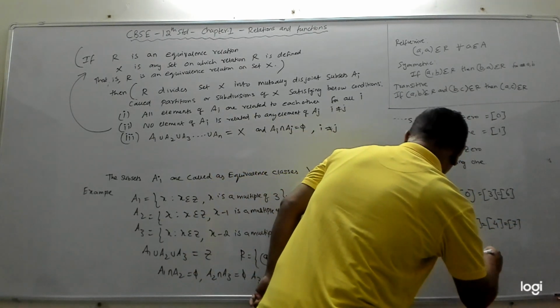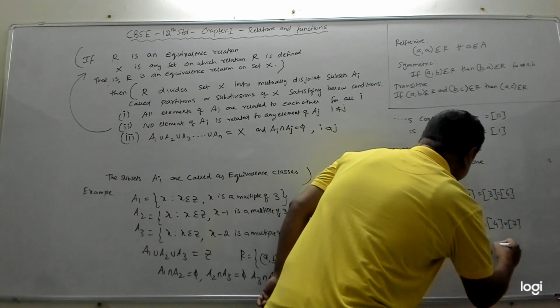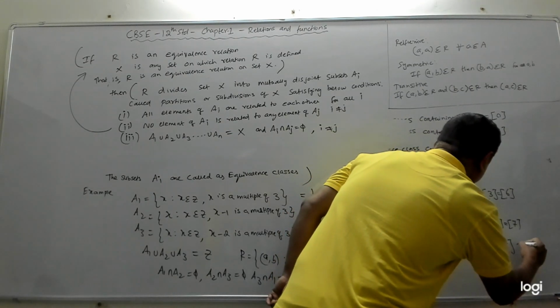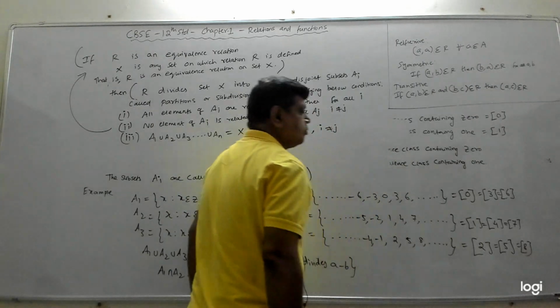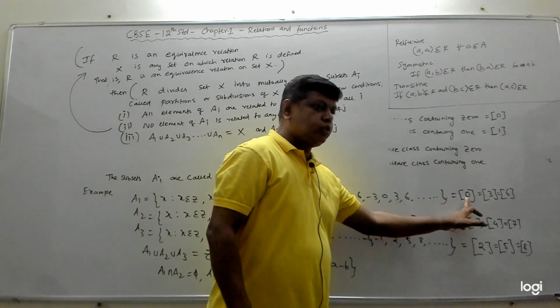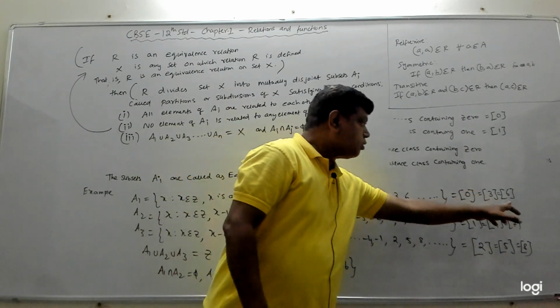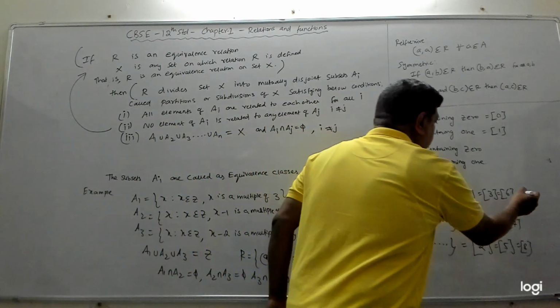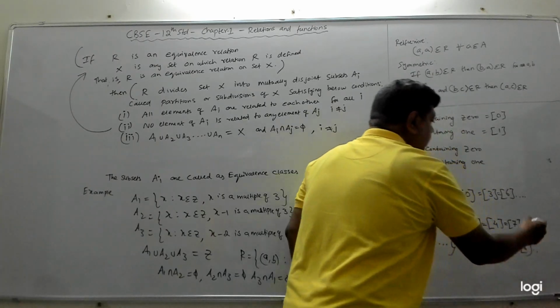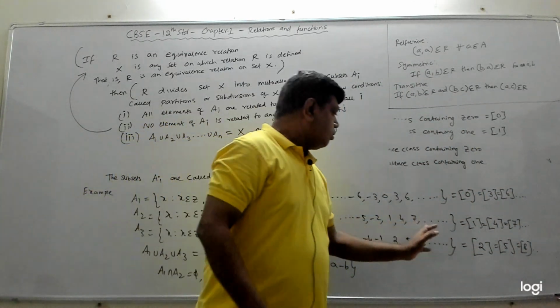Similarly, here I can say all these are the equivalence class containing 2, equal to the equivalence class containing 5, equal to the equivalence class containing 8. So all these are the same sets. This box 3 also will denote this set. Box 6 also will denote this set, and it goes on, dot dot dot. We can keep on putting equal to 9, equal to the next number and so on.